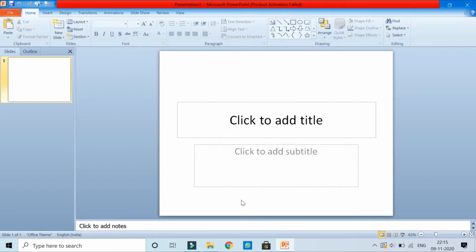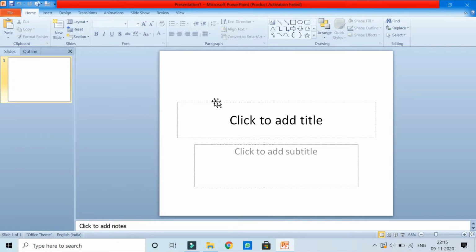As you know, a slide is a page of PowerPoint where you can work, and a presentation is a collection of many slides. So how do we make a PowerPoint presentation? You first have to work on the slide.